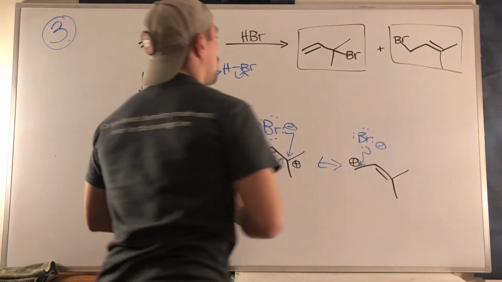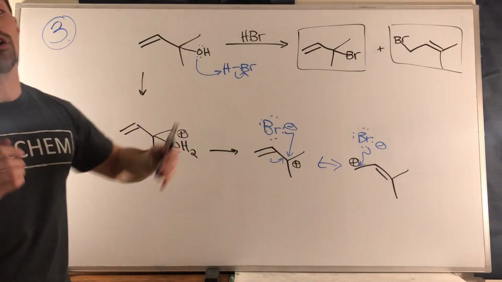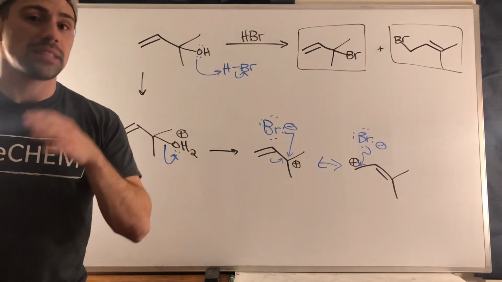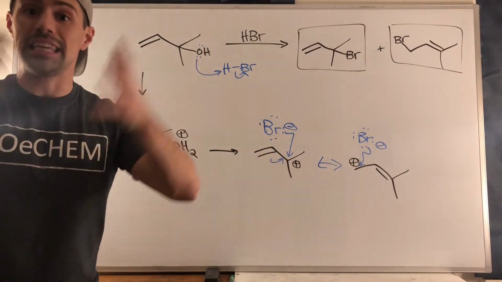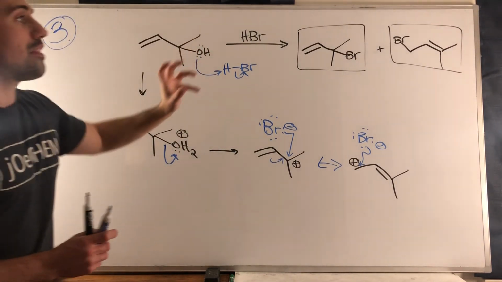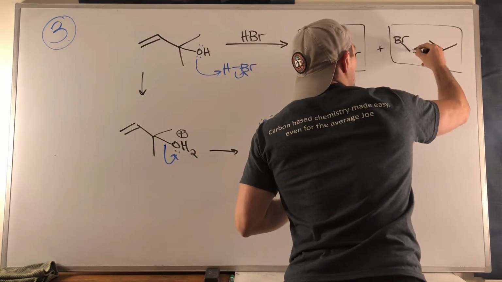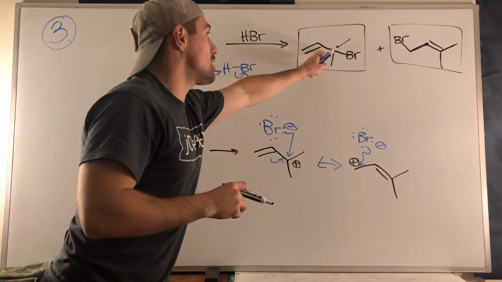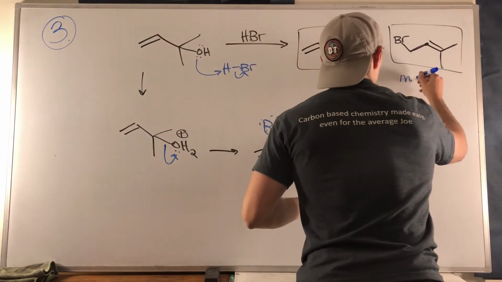Now we have to answer some of the harder questions. Which product is the product that you would get under thermodynamic control? Which one would you get under kinetic control? So remember, it comes down to alkene stability, and if you have the time to rearrange based on the heat content of your surroundings. So if we take a look up here, hopefully you can identify that this is the more stable double bond. This double bond right here, you can see 1, 2, 3. This is tri-substituted. This double bond over here is just mono-substituted. So because this is more stable,